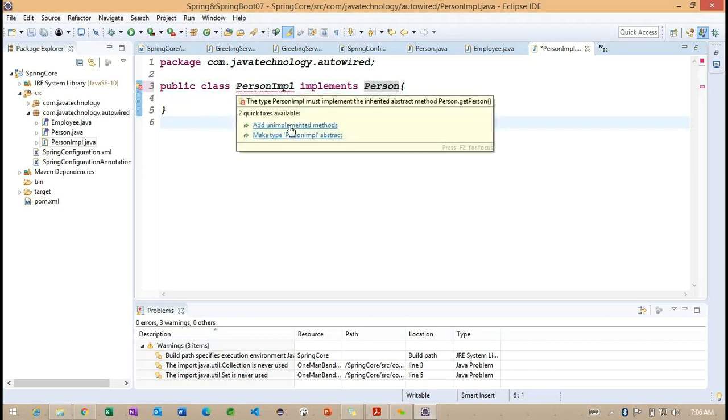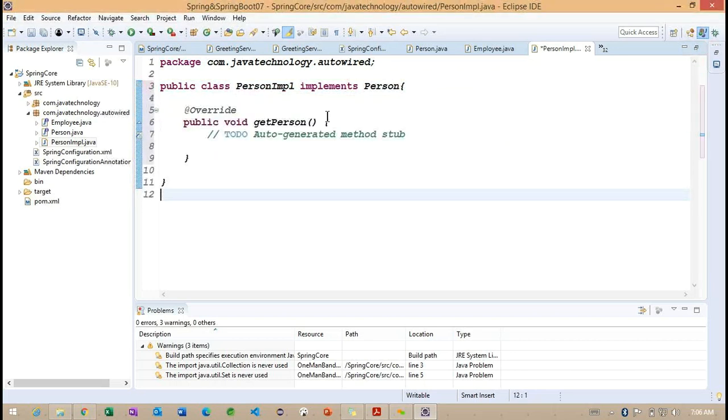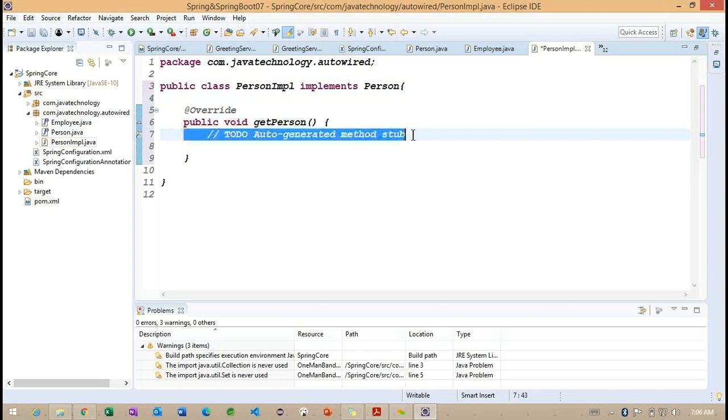Whenever we work with this Person, now we need to override the getter method inside this PersonImpl. We need to understand carefully. What information am I going to write? The name of the person, or we can call that person.